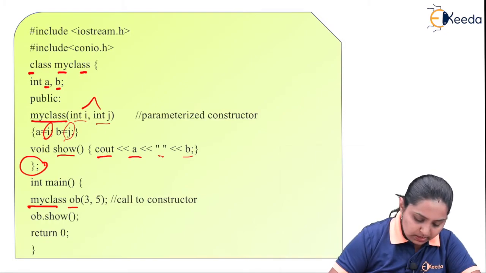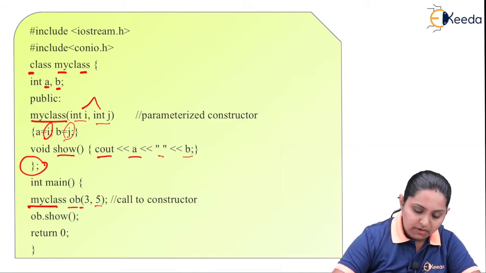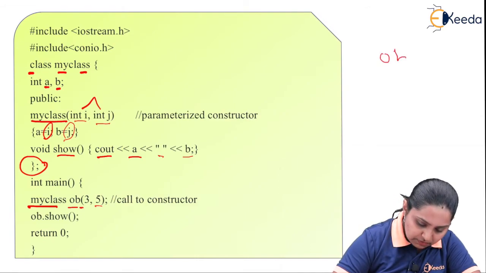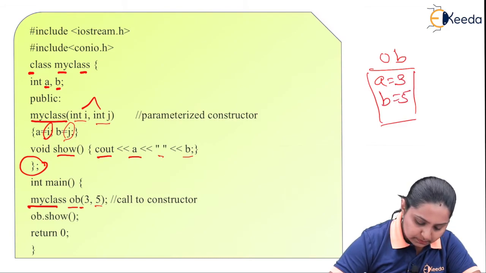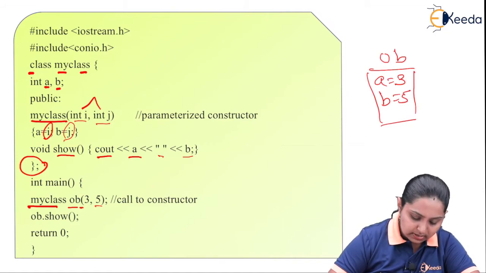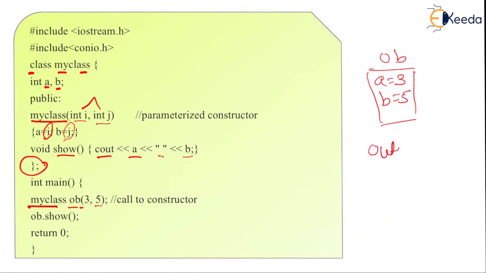MyClass ob(3, 5). So whenever the object is created with the name ob, at that time the value of a will be 3 and the value of b will be 5. Then ob.show(), at this time you will get the output 3, a space, 5. Fine. So with the help of a parameterized constructor, you can assign default values to the particular object's data members. Next,